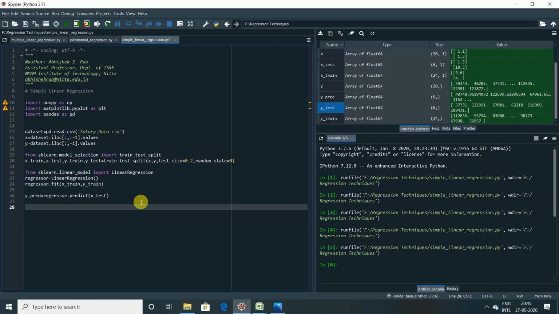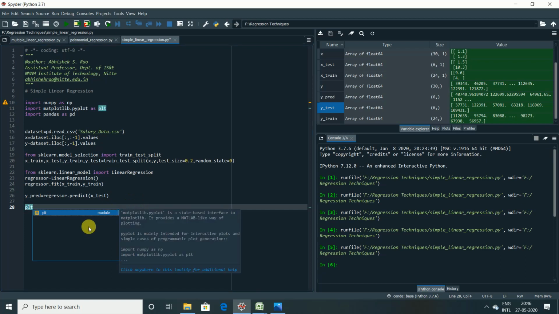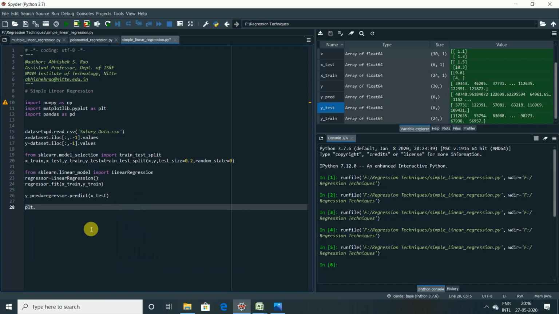So let's start by calling the plt object from matplotlib, plt dot, and call the type of plot as scatter. In the scatter plot, what variables do we need to pass? X_train, which means we are looking at the training set, right? X_train, comma, y_train, and the color we give for the observations is red.